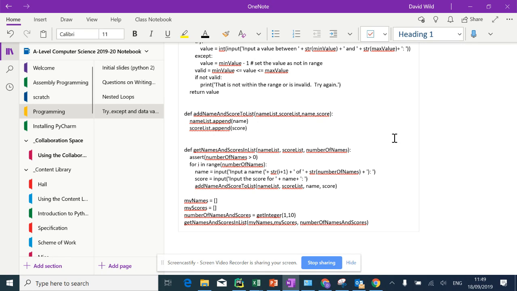Sir, I found the other way. Yeah, the other way would be just to say, you would say, if not int blah, blah, blah. Yeah. But I think you need to know about try accept blocks anyway. Yes, because this one works on real numbers. This will only-